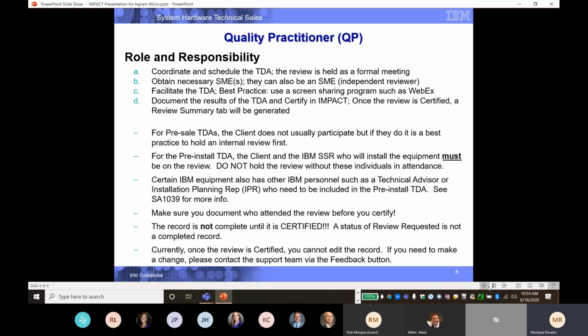Very important, second to the last bullet here. The record is not complete until it is certified. If the record still says review requested, then the record is not complete. And that's one of the biggest things that I see with people who are new to the process or haven't gone through the education. I see a lot of records that are still sitting there under review requested and they think they're at end of job. So that's why I really want to highlight this: make sure that the record has been certified by the quality practitioner. And also we want to make sure that